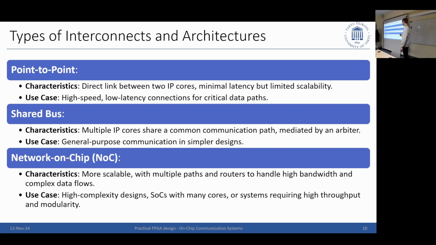Here again, point-to-point is a direct link between two IP cores, just as a recap. If anyone has done network technologies, it's quite obvious. It's perfect for minimal latency, but also has limited scalability. Every time you want to connect something else, you will have to make a new bus interface. Use cases are basically everything high-speed and low-latency, everything where you have a lot of data throughput, for example a DMA memory access